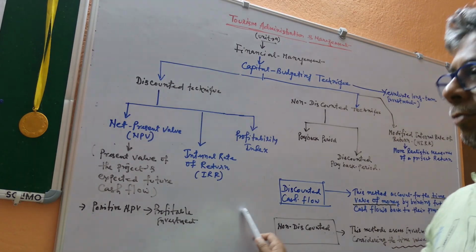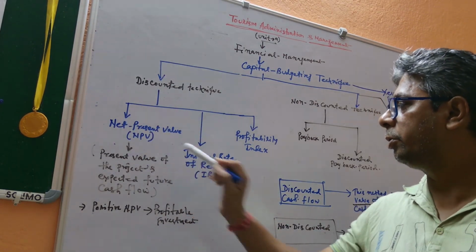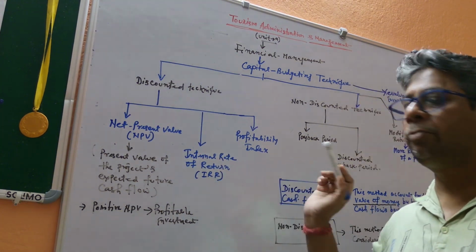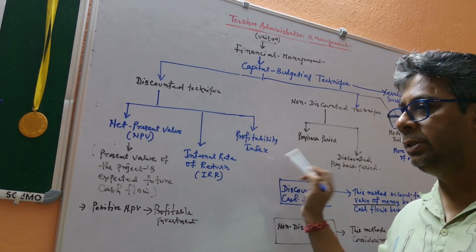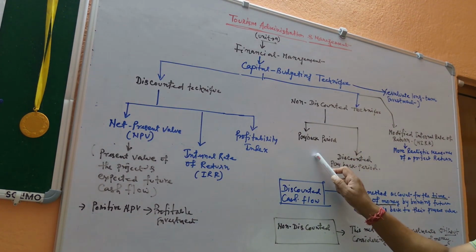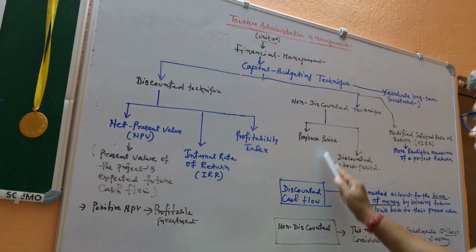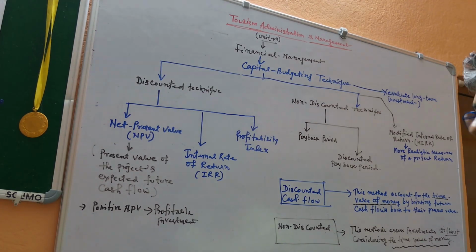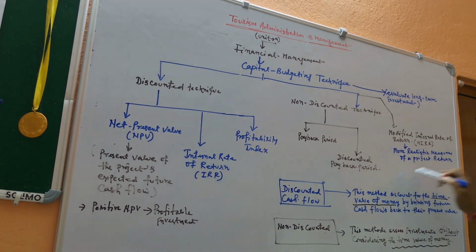The capital budgeting technique is divided into discounted technique and non-discounted technique. Discounted technique can be divided into three parts. Number 1, net present value method. Number 2, internal rate of return method or IRR. Number 3, profitability index. And non-discounted technique can be divided into two parts. Number 1, payback period. Number 2, discounted payback. Apart from these, another technique is the modified internal rate of return, which is a more